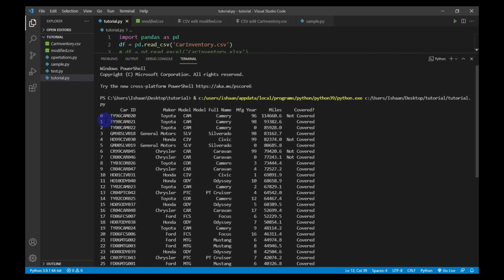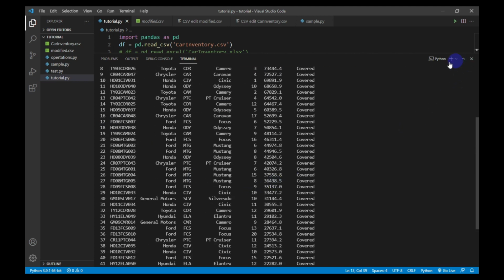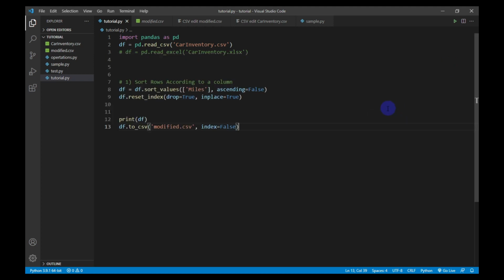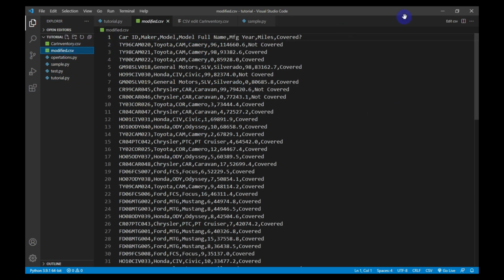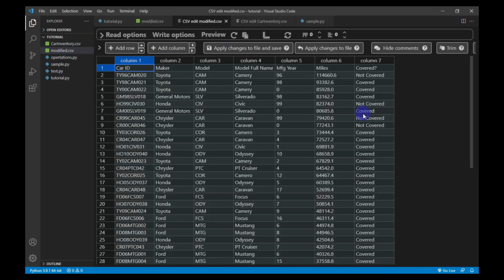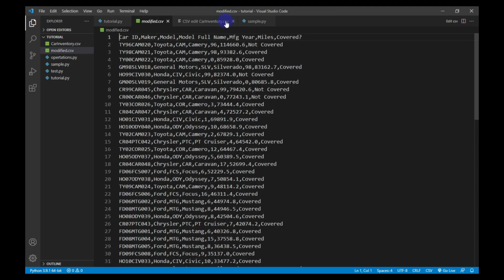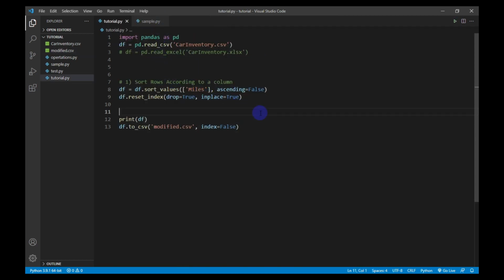The index will appear here, but it will not be present in the modified.csv file. You can see that the index is now gone. Now let's proceed to another operation.